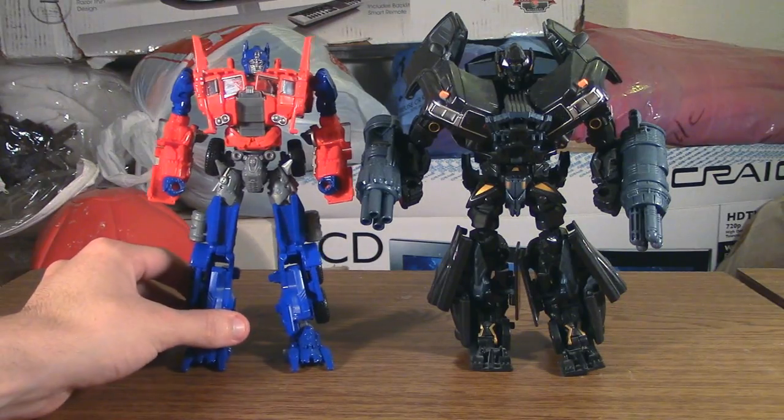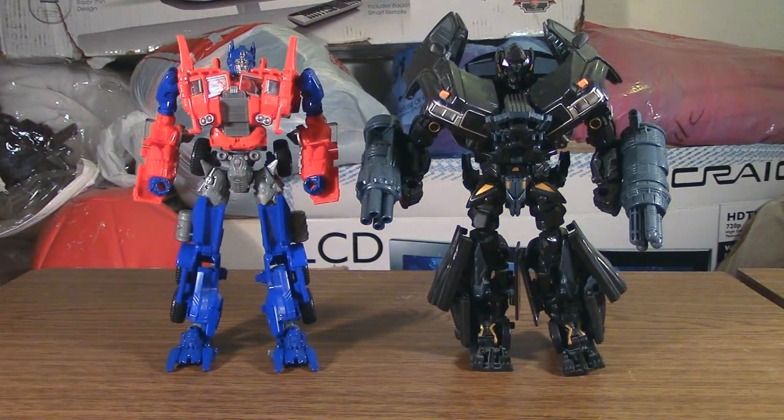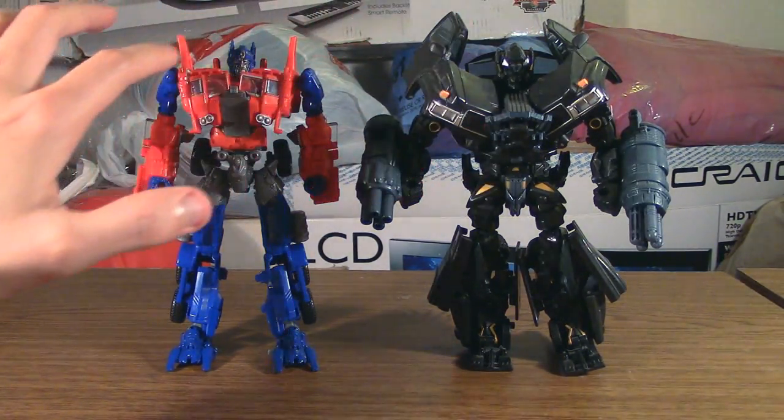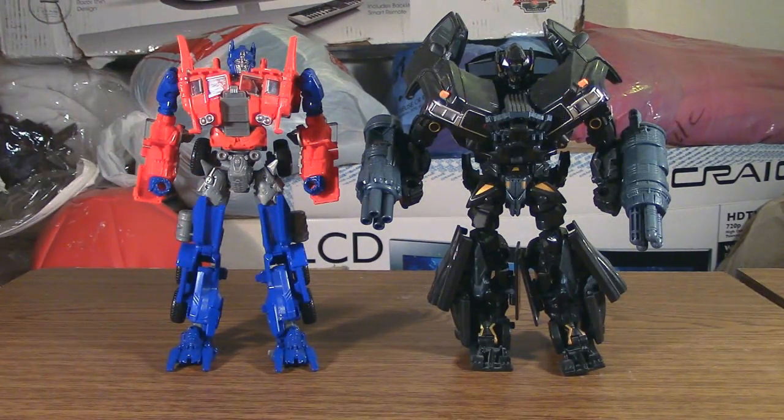But here you got what Hasbro categorizes as two Voyager class figures, and only one of them truly feels like a Voyager class to me, which is Ironhide. He has this bulkiness about him that just feels more like a very sound figure in this class. Now, they are about the same size. In fact, I'm going to go as far as to say that Optimus may be a tad bit taller than Ironhide if we're counting from head to toe, but Ironhide's proportions are just much more sound and robust rather than skinny Optimus Prime here, who, despite having amazing detail and sculpt,